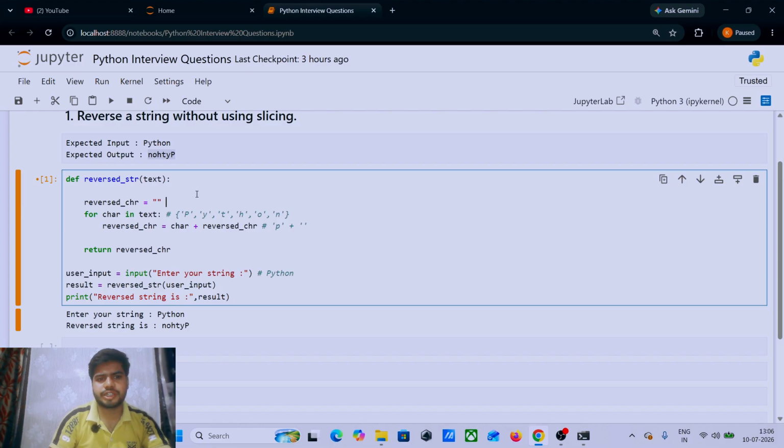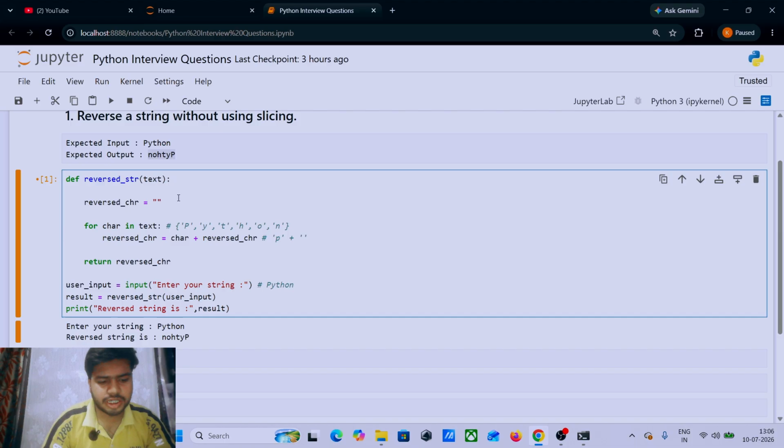This is the first iteration, and it will look like this. In the second iteration, what will happen? In the first iteration the p merged with the blank, so the p will come here.